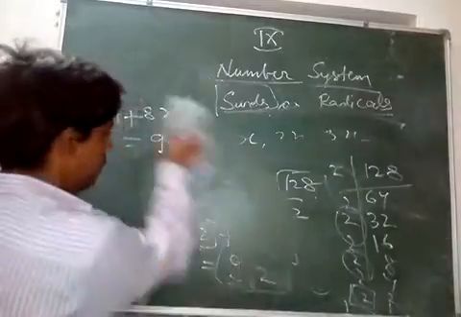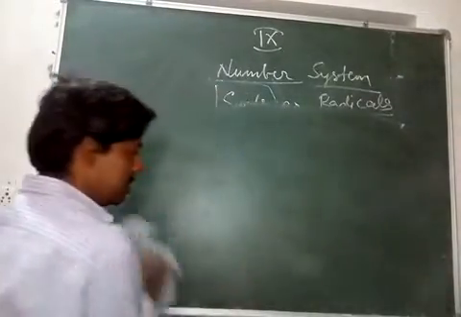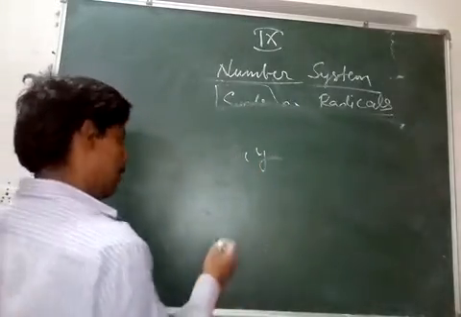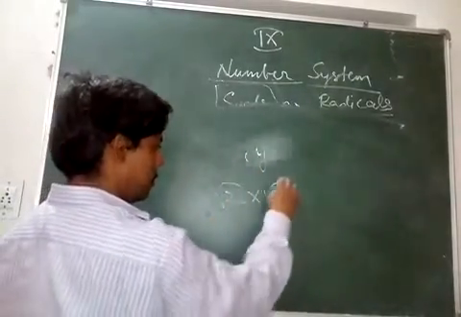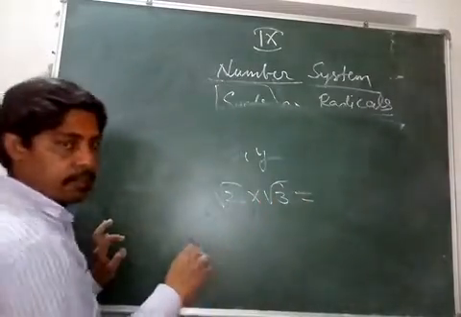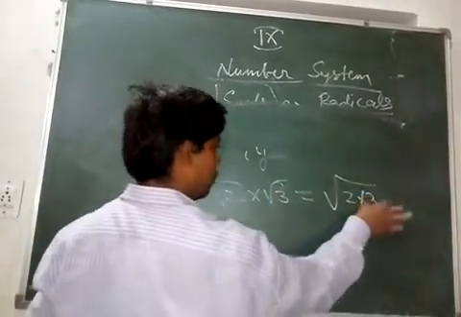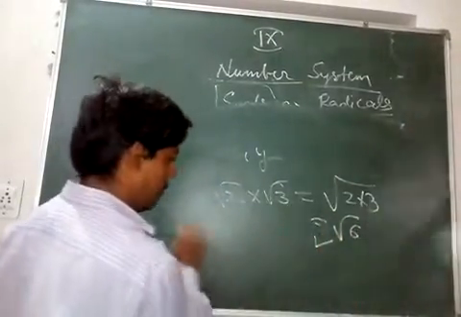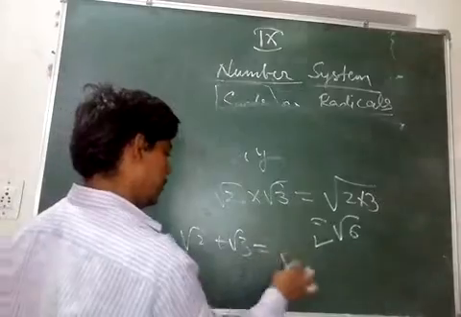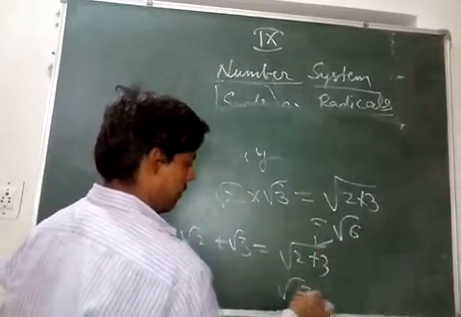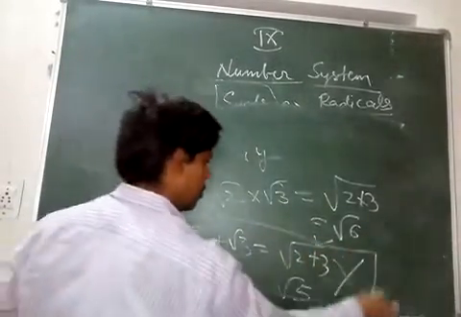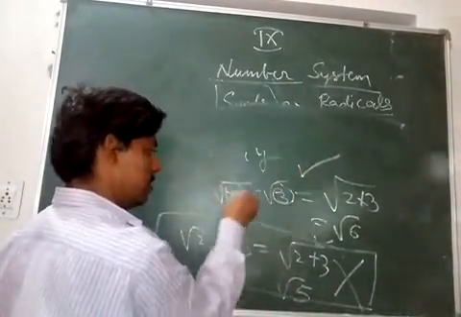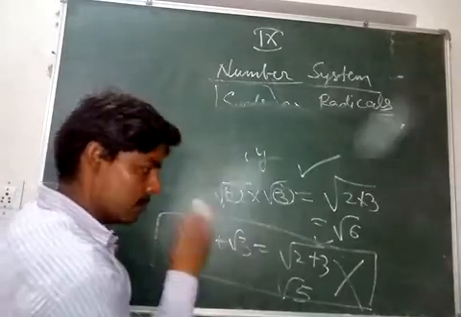How will you multiply? Just like multiplication, we just multiply x and y as xy, and similarly if root 2 is multiplied by root 3, we can multiply them. So we can write root of 2 into 3, we can write root 6. This is allowed, but remember root 2 plus root 3 is equal to root 2 plus 3 is equal to root 5. This is wrong. This is not allowed. This is allowed. Multiplication is allowed. In multiplication, you can take 2 and 3 inside by laws of exponents. That also we'll see here.